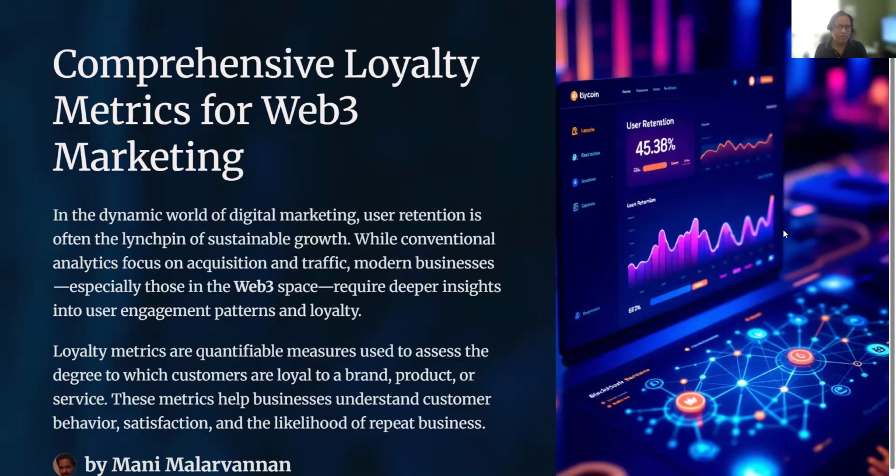See, loyalty metrics is basically a quantifiable measure for marketing agencies to understand how many customers are coming to their website or decentralized application, how many of them are continuously engaging on a regular basis, and how many of them are purchasing the NFT tokens. Say, for example, for a typical marketing campaign, you can have 100 users visiting your page, but only 10 users might be clicking a purchase button or subscribing to your news channel, whatever you are tracking for your marketing.